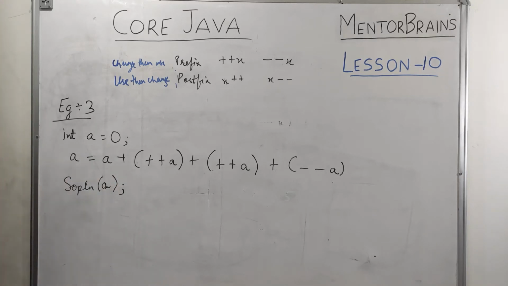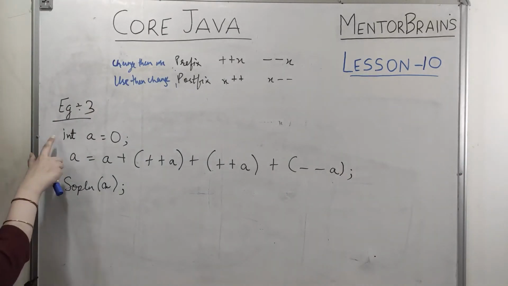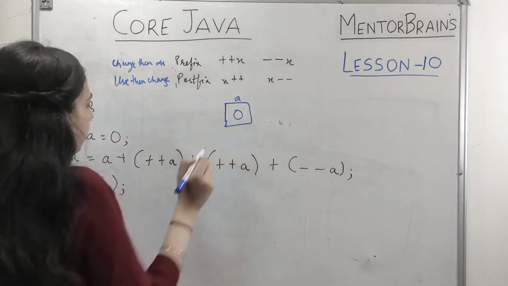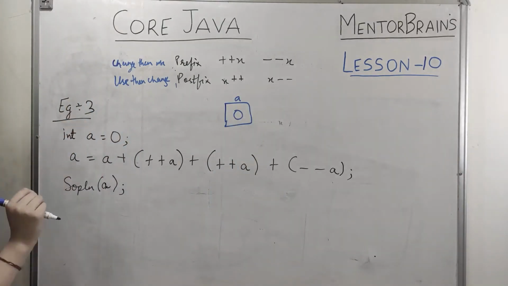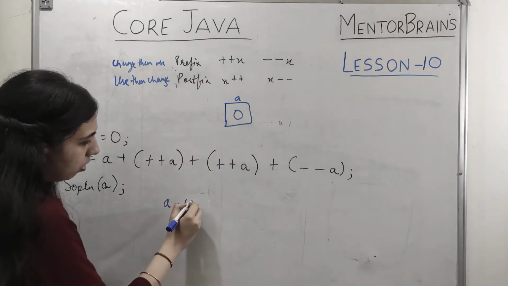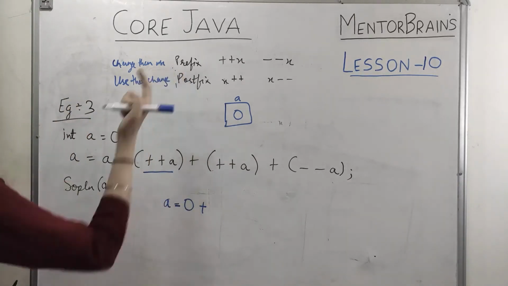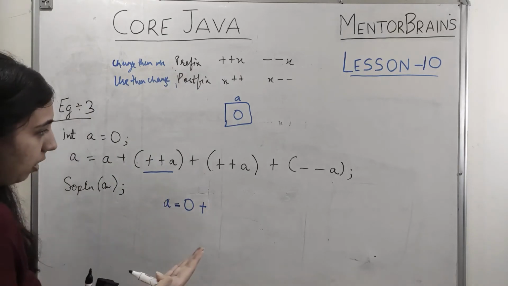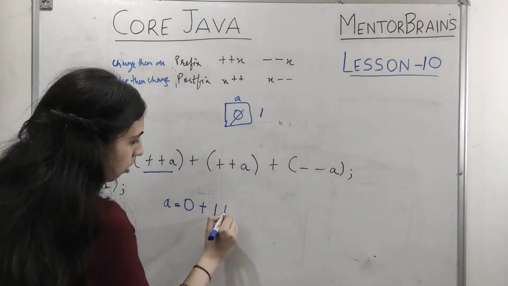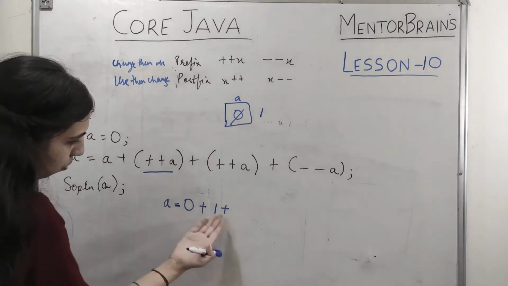So again we'll go step by step over here. As we go on to this statement, a named memory location of a is created with value 0 inside it. Okay, now executing this statement, we have a equals a plus. The value of a is 0, so 0 plus. Now we come on to ++a. This is again our prefix operator. We are changing and then using the value. So the value of a will be changed to 1 and then it will be used here. So it was a prefix operator, so change then use. It was changed to 1 and then used over here.